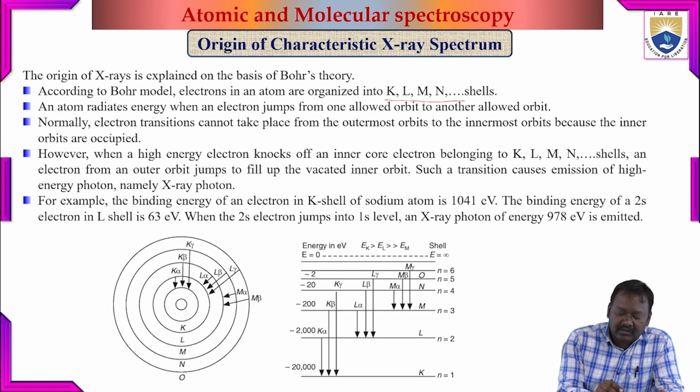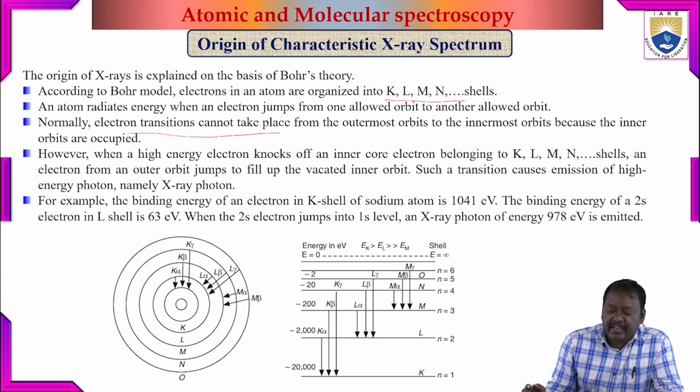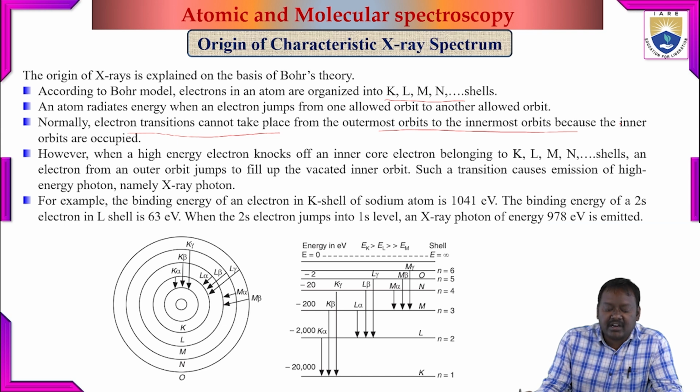And again, a normal electron transition cannot take place from the outermost orbit to the innermost orbits because the inner orbits are occupied. Generally, inner orbits are completely filled. There is no vacancy in general. So electron transitions can happen from a lower orbit to a higher orbit, but from the outermost orbit to the lower orbits is very